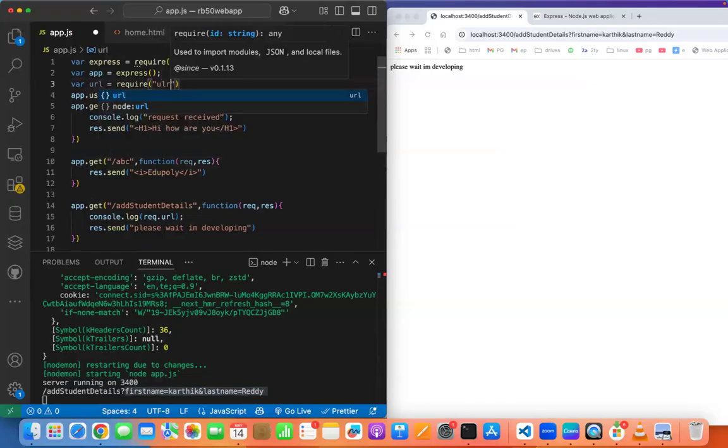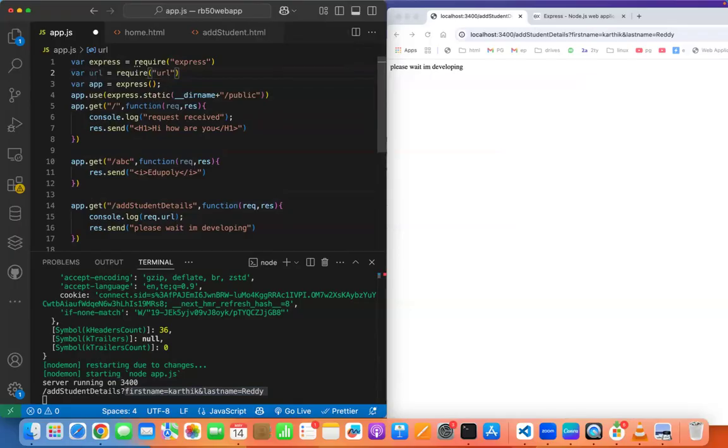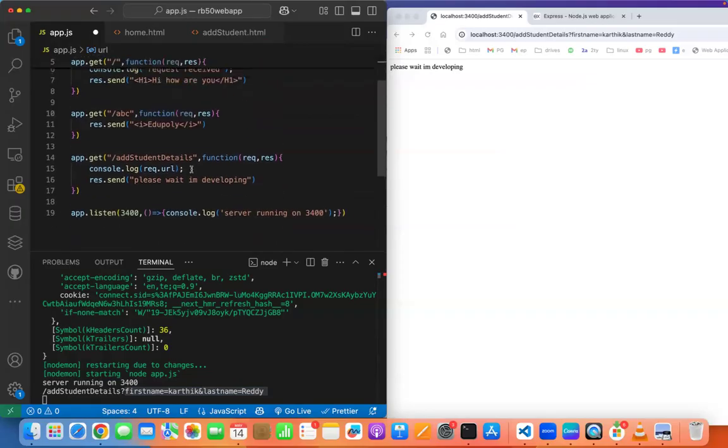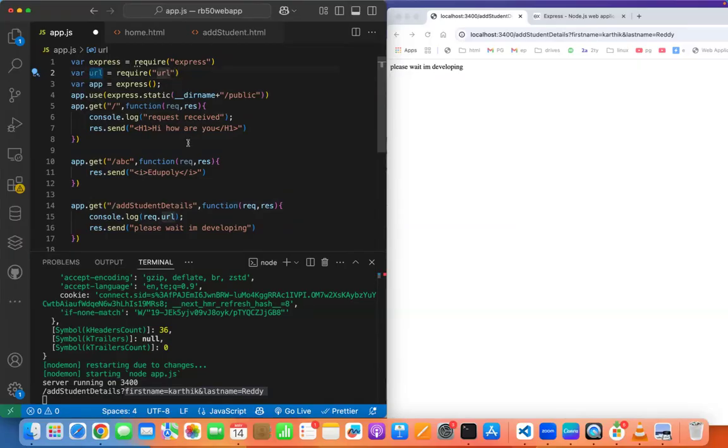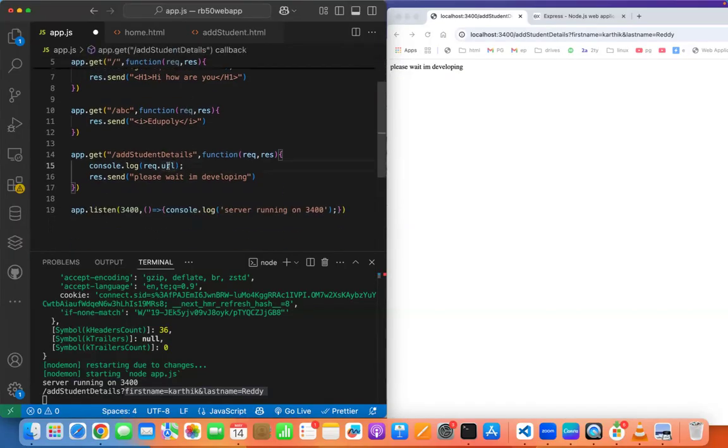require url. Don't worry. To handle the URLs, Node.js is giving you a separate package that is available. That is a default package. That is not an external package, not a third-party package, not like Express. That is already there. So with this url, I mean to say url is the name of the package. So now